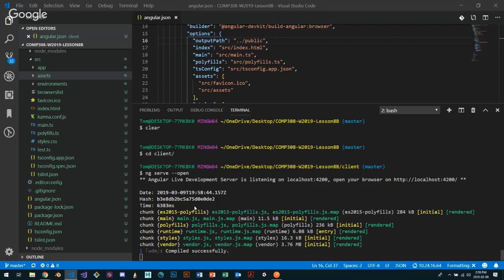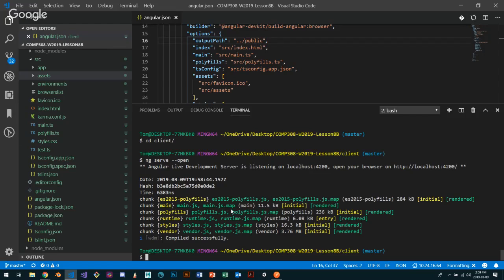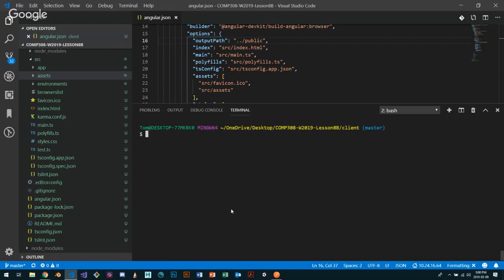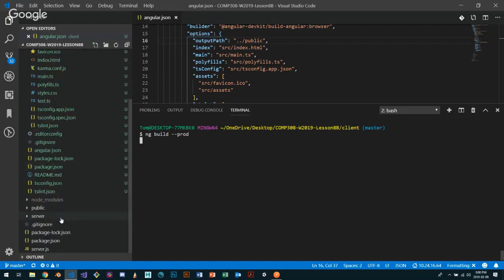Now, what about if I want to stop this? I want to stop the server. So I'm going to go here, stop it. And what if I want to build? Well, the build command looks like this: ng build --prod will be the production build. If you just do --build, or just build, it'll actually include map files for debugging. We don't need the map files, so we're going to just do ng build --prod. And when we press enter, if things go well, what's going to happen is